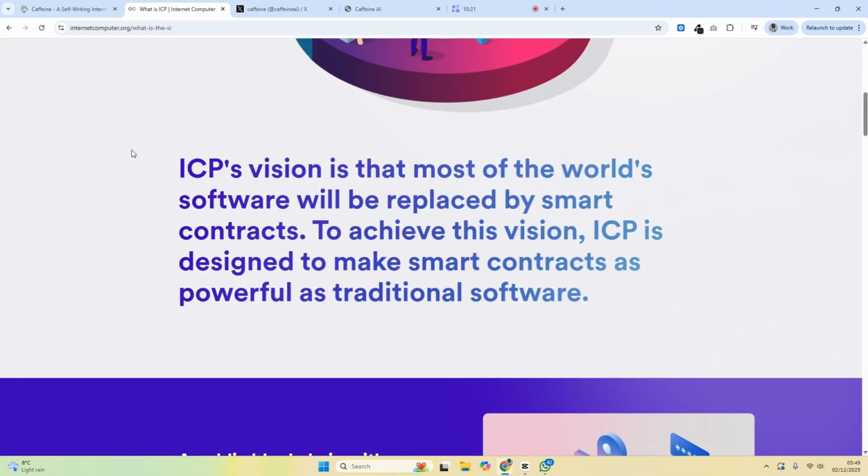The vision is most of the software of the Internet Computer will be replaced by smart contracts, and it's designed to make smart contracts as powerful as traditional software. What we found in the blockchain revolution, especially blockchain going mainstream a couple of years ago, is there is a lot of blockchain technology out there that doesn't actually serve a use case. And the whole point of this technology is to actually have working applications and working use cases to make the technology not just powerful but useful to people, so you can see our ROI and you can actually use it